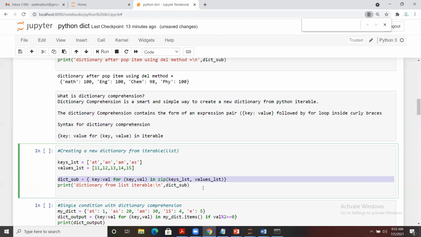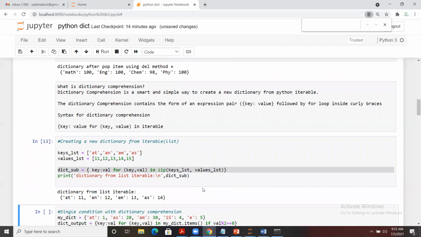Once you run it, you will see it will zip out all the keys and values corresponding to their very first index. You see the first index key, corresponding to that we have the first index value here, then the second index key and the second index value, and so on. So this is how we can use it.